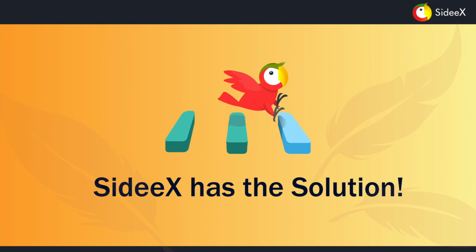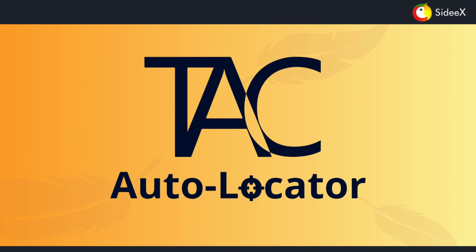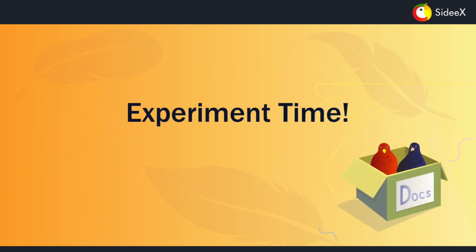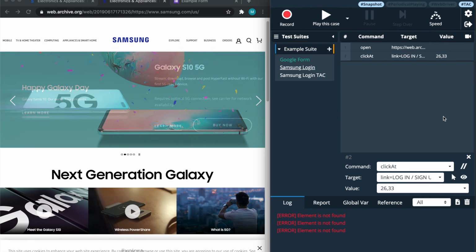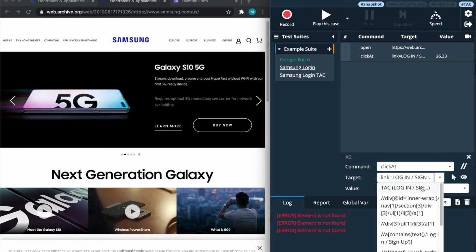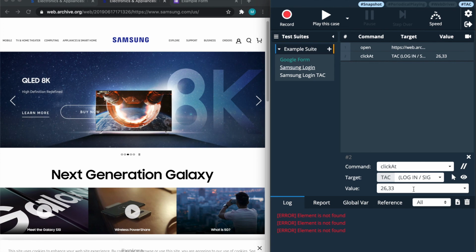So, what should we do now? Fortunately, the CTEX team has developed another locator called the tag locator. It is an auto locator that can identify your element correctly even if the XPath, CSS, and link have changed. The tag locator is an exclusive feature of the CTEX recorder since CTEX 3.2. Now let's record the case again with the tag locator enabled. You can turn it on by clicking on the hashtag tag on the top. After recording again, there will be an option of tag locator in the target list now. Let's click on the eyeball icon again, and now we can see that the login button has successfully been identified.